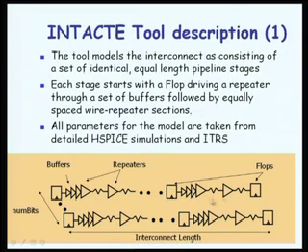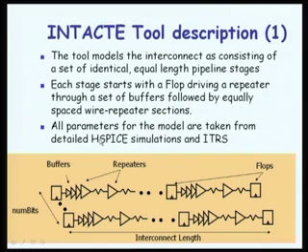Each one of these stages starts with a flip flop, driving a repeater. These are all repeaters here, through a set of buffers, followed by equally spaced wire repeater sections. Again, this entire thing is one section, and then we would have another section, and so on and so